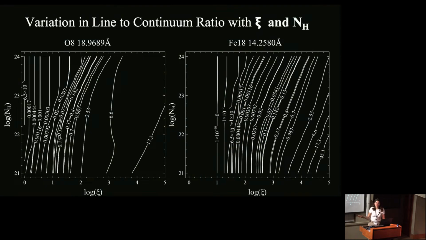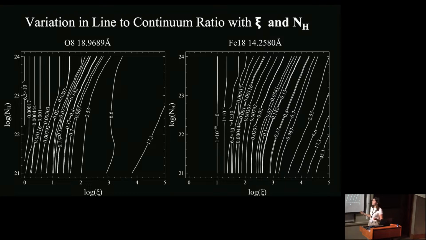So here I am showing you the top 2 most intense elements that we found. I have oxygen 8 and iron 18. And once again, this is the output that Cloudy was able to provide me with. I have that photoionization parameter in the x-axis, that column density in the y-axis. And these contour lines show you how much of an intensity we expect to see those lines with